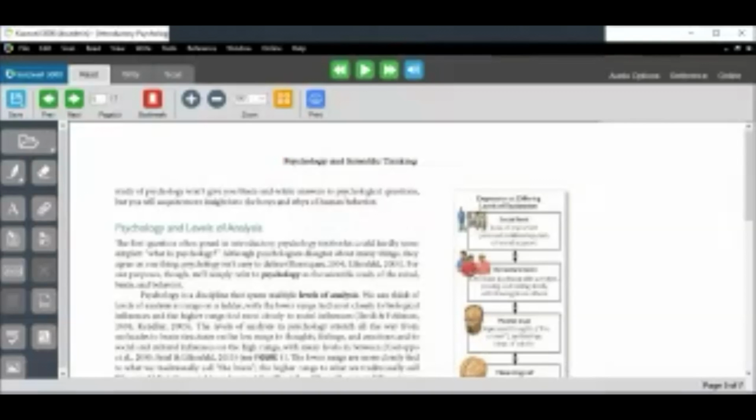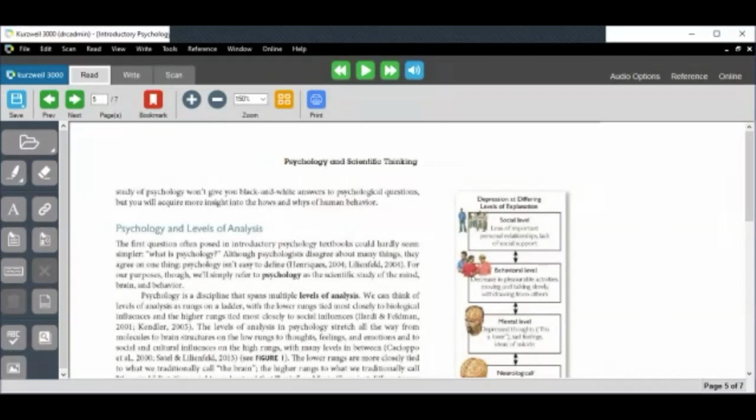When you download a textbook in a PDF format, the pages will likely have headers and footers that include copyright content, the book title, and other things you might not want Kurzweil to read. To make this feature work, you'll want to make sure that you have the skip headers/footers option selected in your